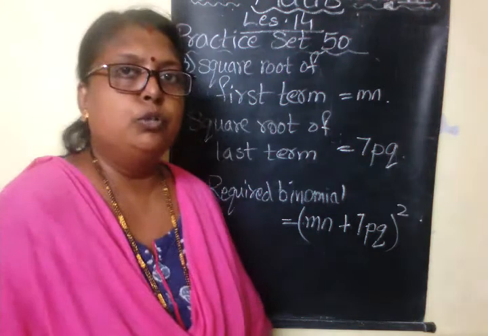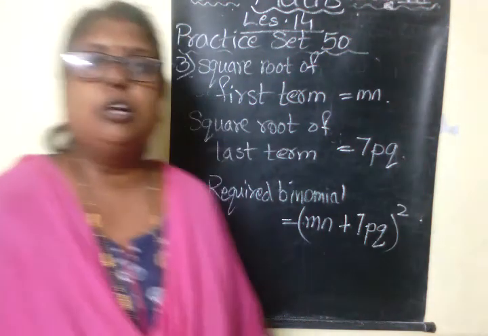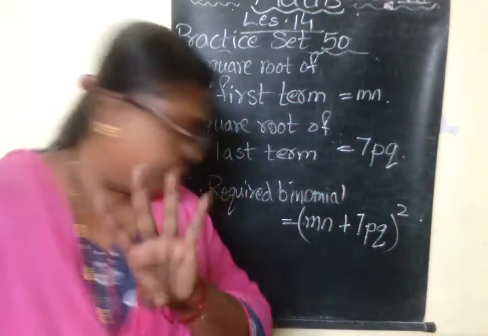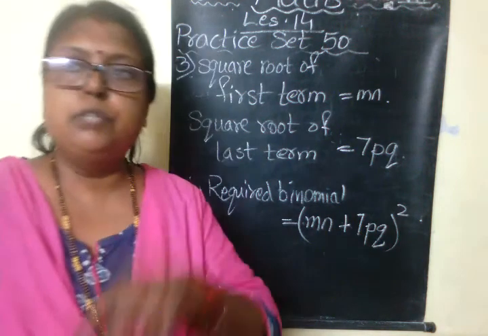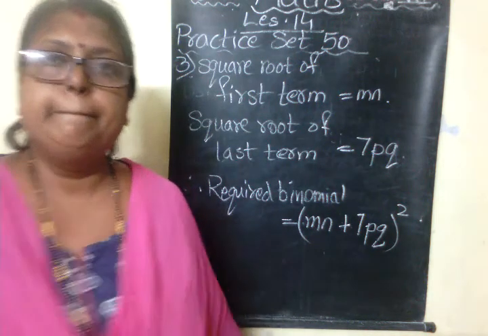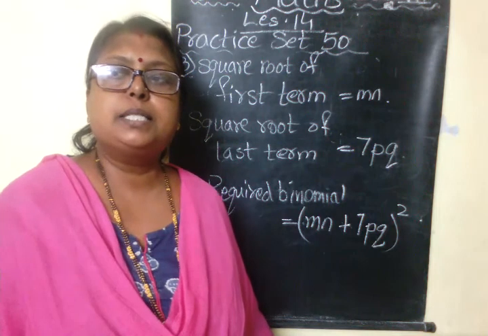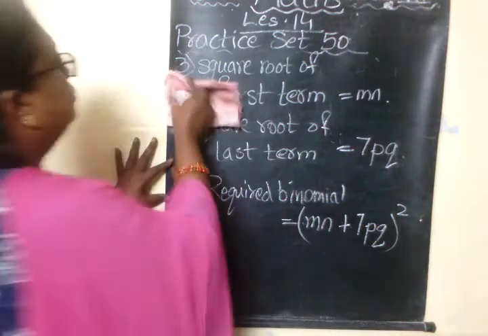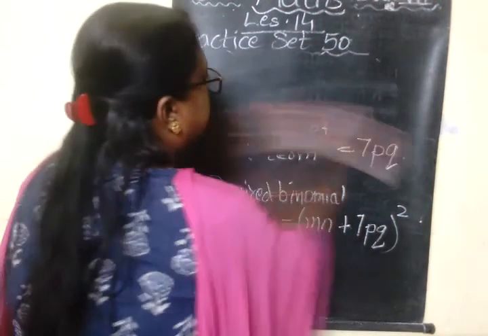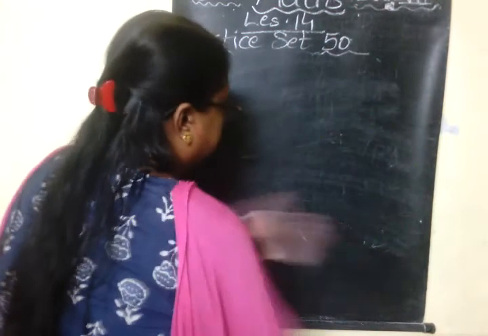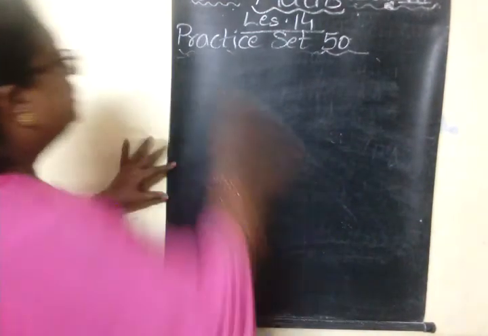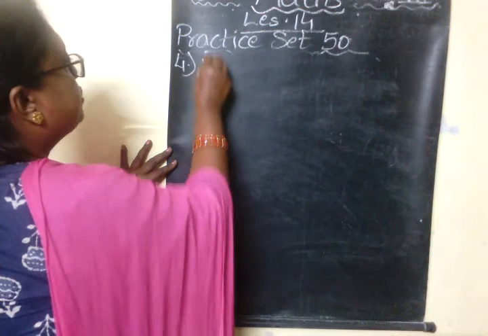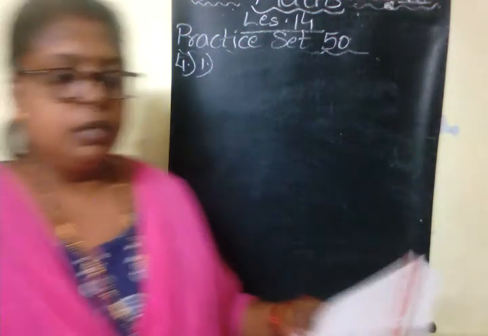Now let us move on to fourth question. I'll solve fourth question. Total 4 sums are there. I will solve first and the last one. Middle 2 sums you have to do. Out of 4, first and the last sum I will do. Sum number 4, first one. First let us read the question. The question is,